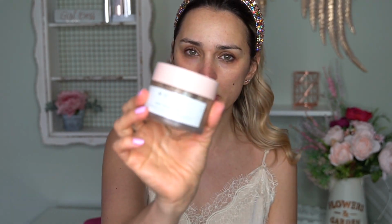So now that our face is nice and clean and fresh, I'm going to show you the step that I normally do 2 or 3 times a week. I exfoliate my face using this Berry Refined scrub. And this scrub is amazing. It doubles as a mask actually, so it uses cranberry seeds instead of, you know, plastic microbeads,